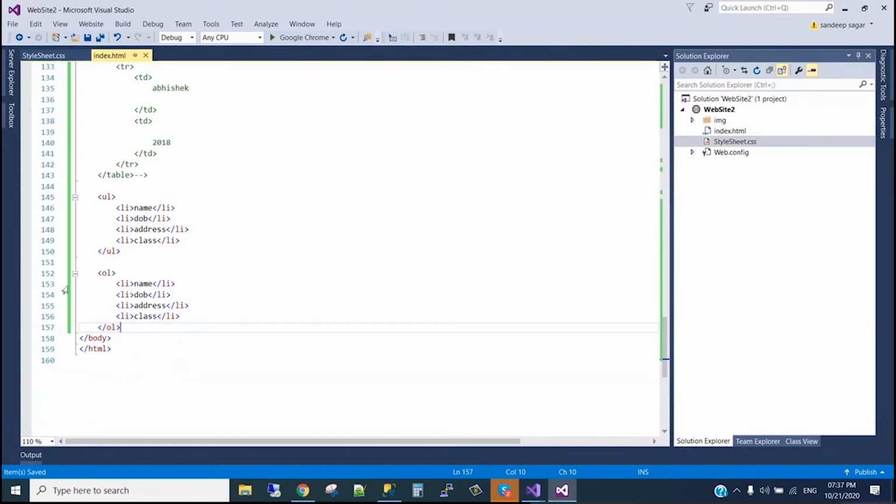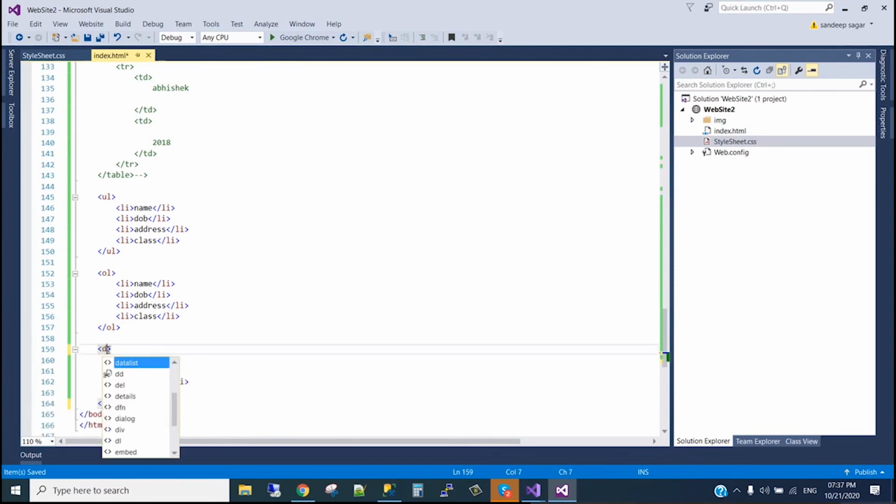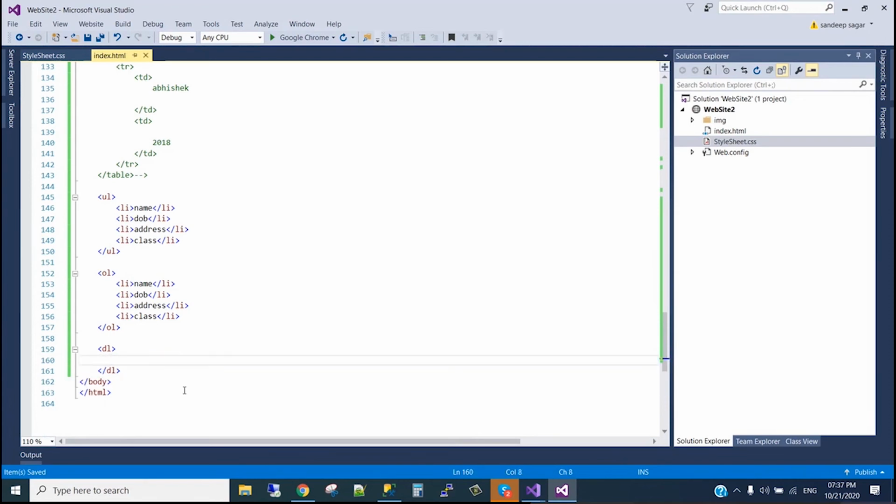Also, we can use one more tag in the same format. It is something like dl. If we use dl, and for example dt and dd, basically the dl tag defines the description list, the dt tag defines the term, and the dd tag defines the description of each item.